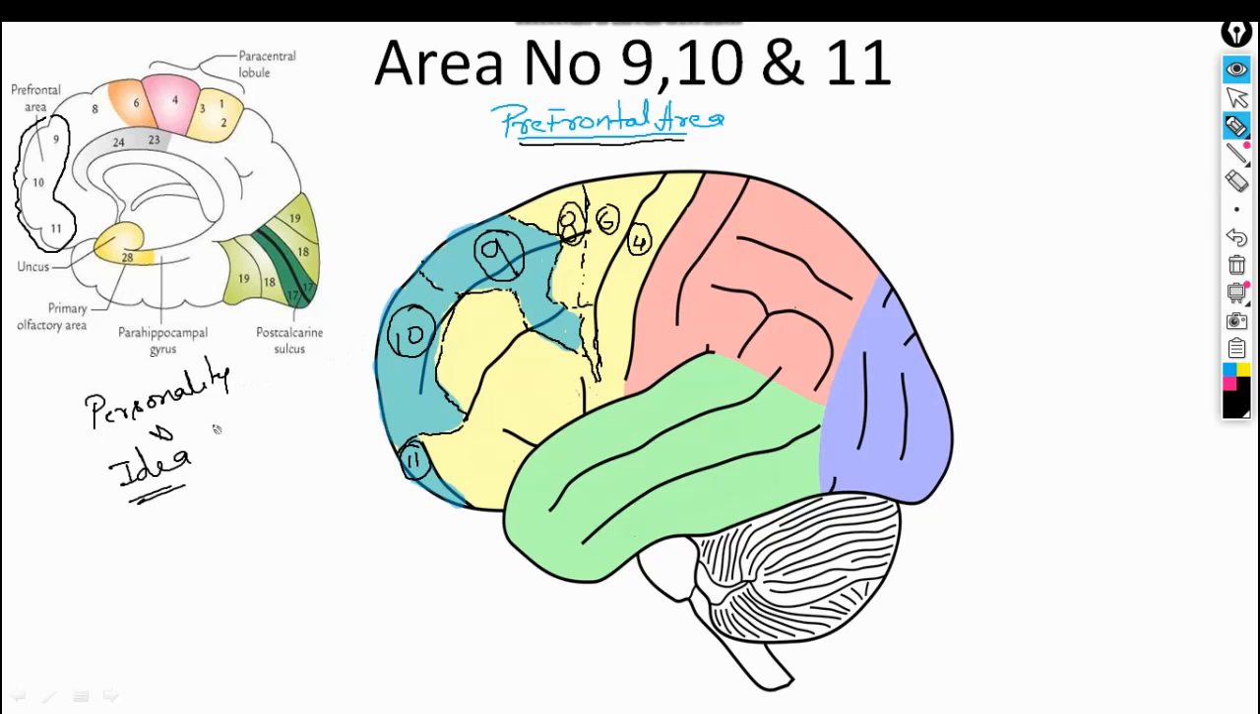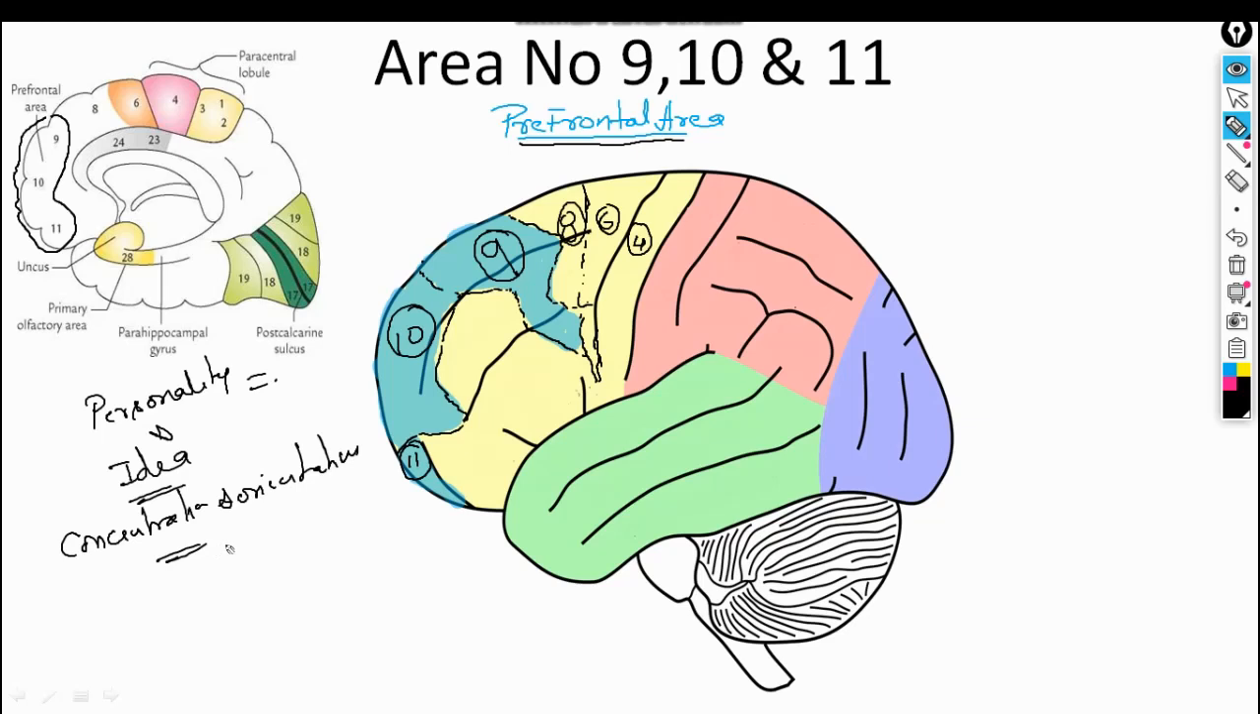Clear? So this area is very important, and it also determines one's concentration and orientation. Everything that is the individual personality is determined by this prefrontal area. Just for example, right now you are watching this video. How much you concentrate on the video, that is the individual personality. How much you can concentrate on any topic, even in your subject,